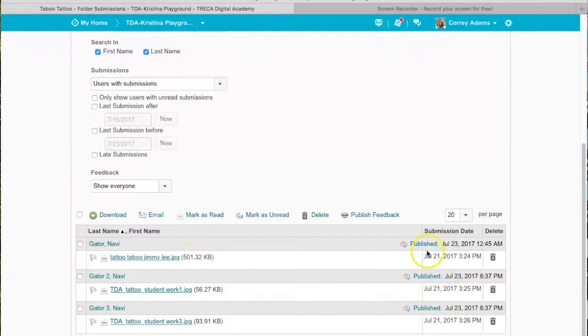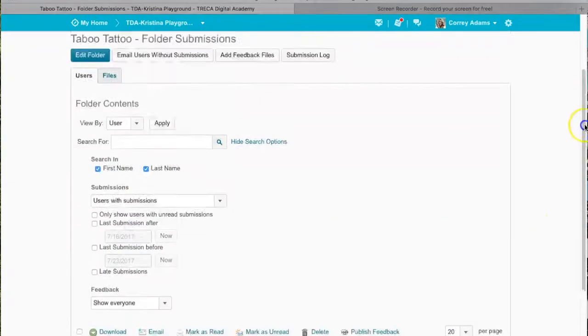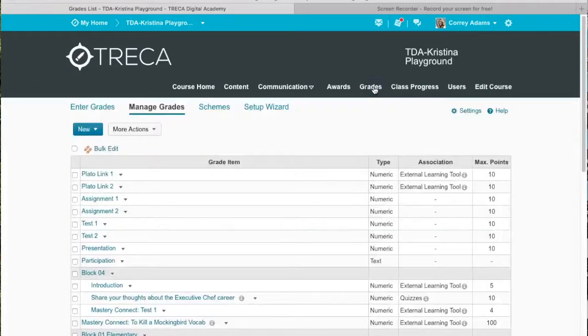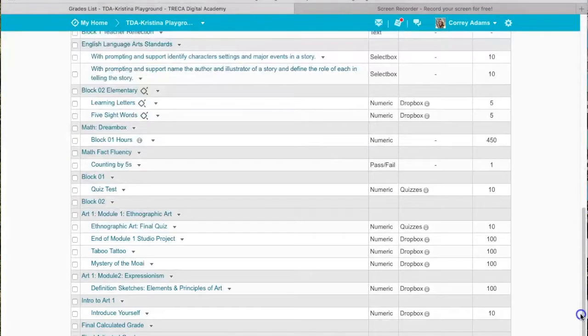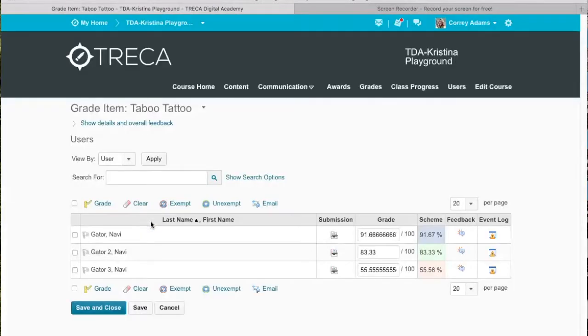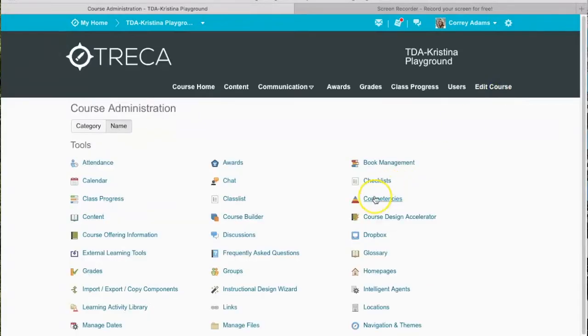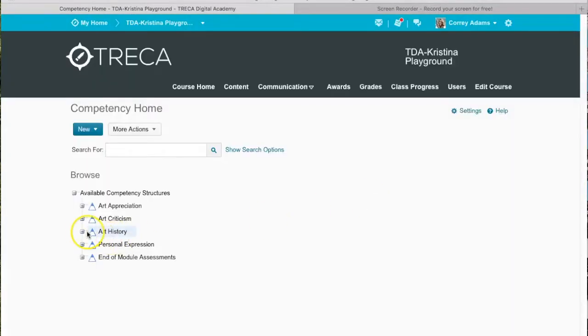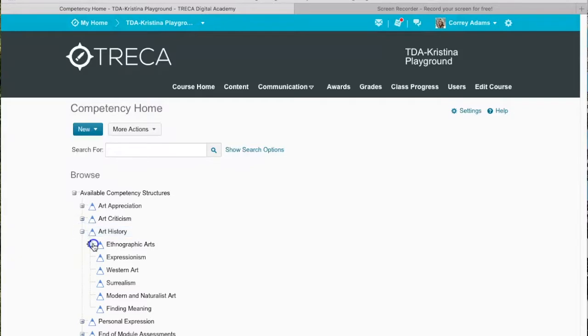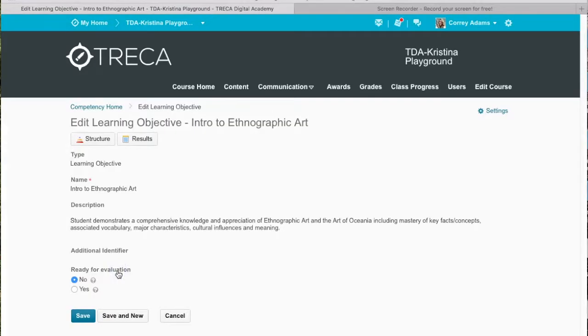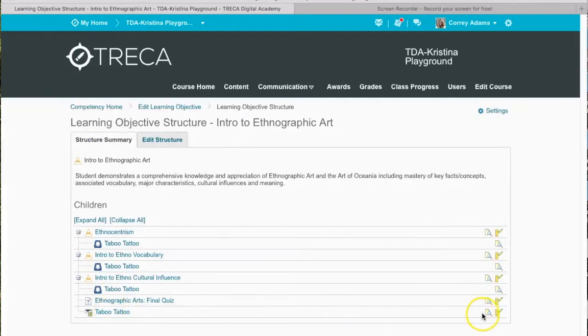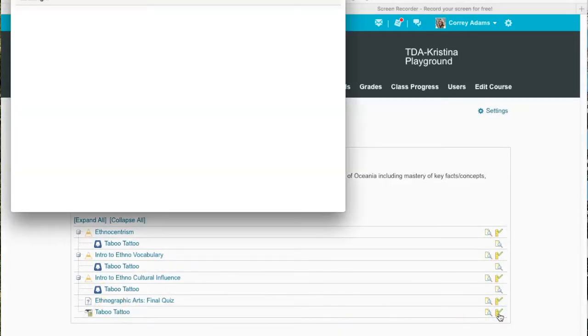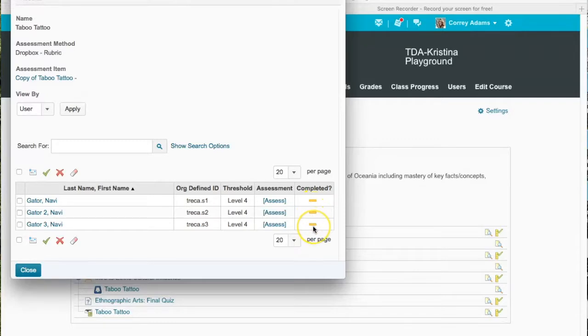My students are still here and their grades are still published. Let me go to grades. So if I go to grades, enter grades, you'll see their grades are still there. But if I go to the competency structure, and I click on the results for this activity, you'll see the status has changed to it needs to be